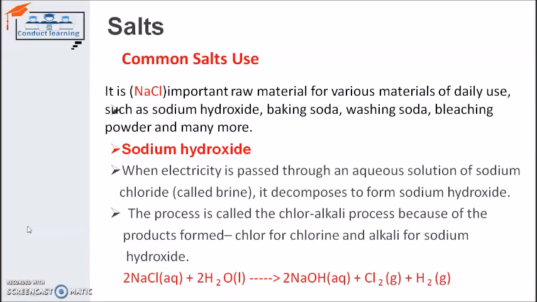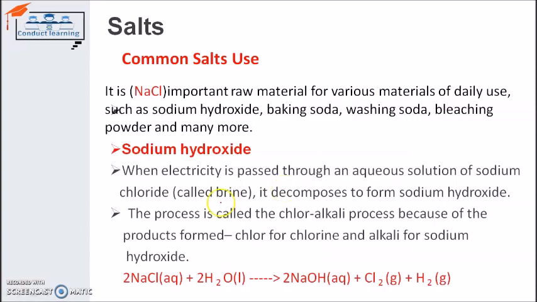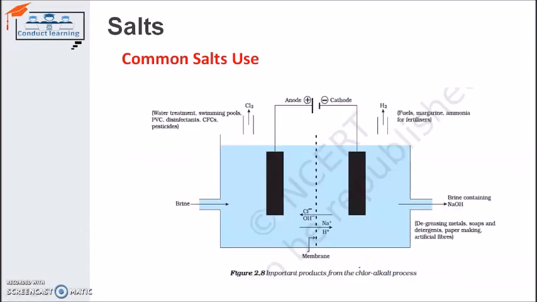For that purpose we will simply take sodium chloride and mix it with water, and we will make a solution of this. You can see it in this activity. Here we take an anode and a cathode and we have a solution of sodium chloride and water, and the reaction will give us sodium hydroxide, chlorine gas, and hydrogen gas. So two different gases we will form, and one solution we will form from sodium chloride reacting with water, and that is a base, not a salt. That base is sodium hydroxide, and the other products are the gases chlorine and hydrogen.